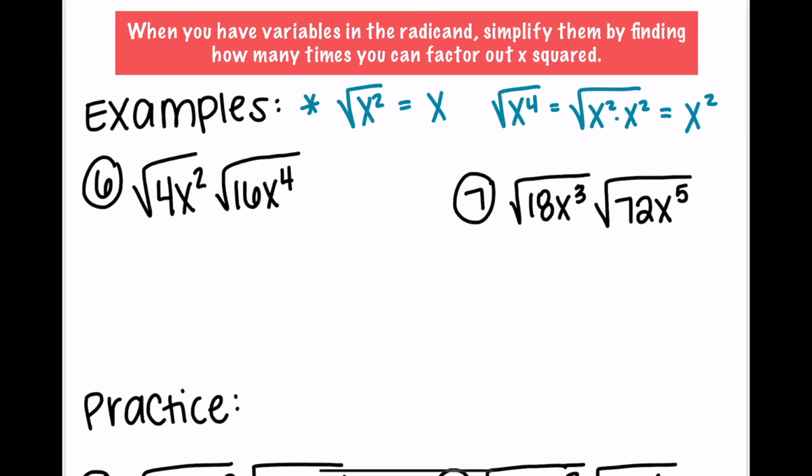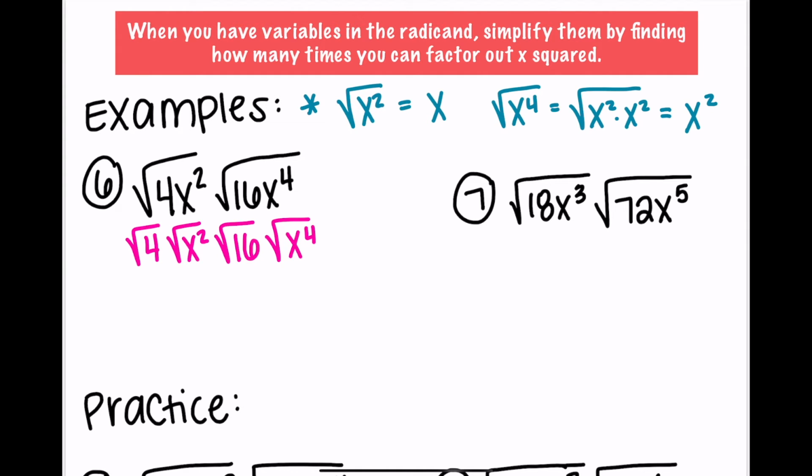So let's keep on looking at some examples of these. All right, so for the square root of 4x squared times the square root of 16x to the fourth. All right, so we are going to first just see what we can simplify. Instead of multiplying these straight across, let's think about what we know. We know that the square root of 4, the square root of x squared, we can break these all apart